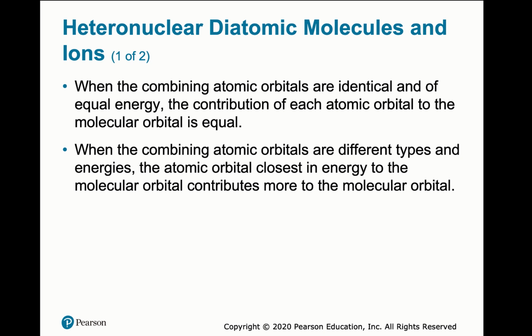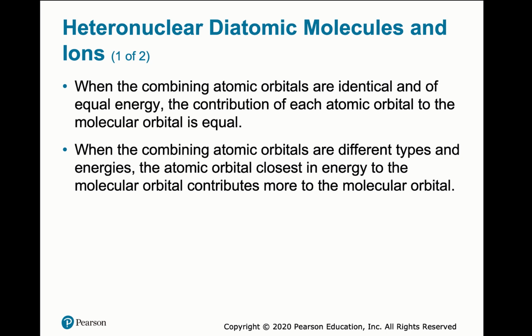So we're going to move on to heteronuclear. Hetero means different. Heteronuclear diatomic molecules and ions, so different nuclei. And then looking at the interactions, the difference is the atomic orbitals have different energies. So homonuclear, the atomic orbitals have the same energy. Heteronuclear, they're going to have different energies. And then also that means the molecular orbital is going to be